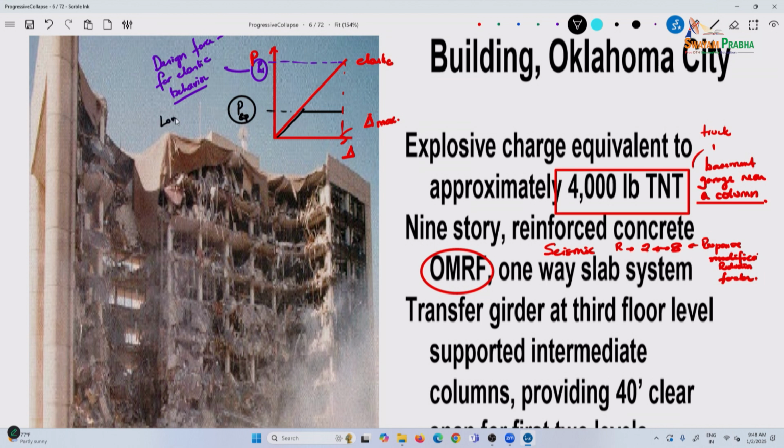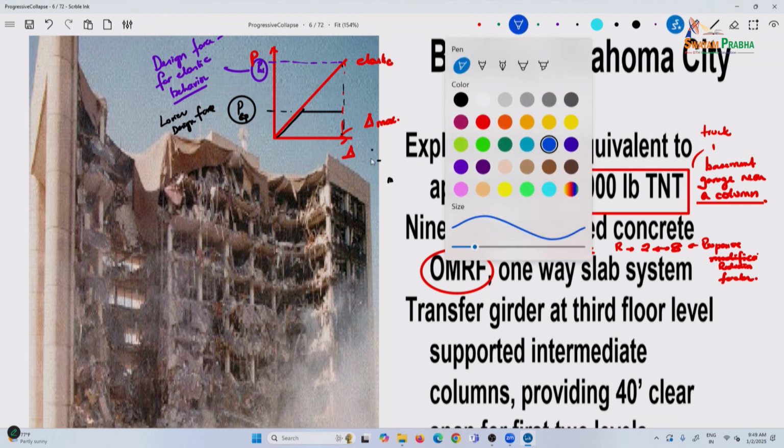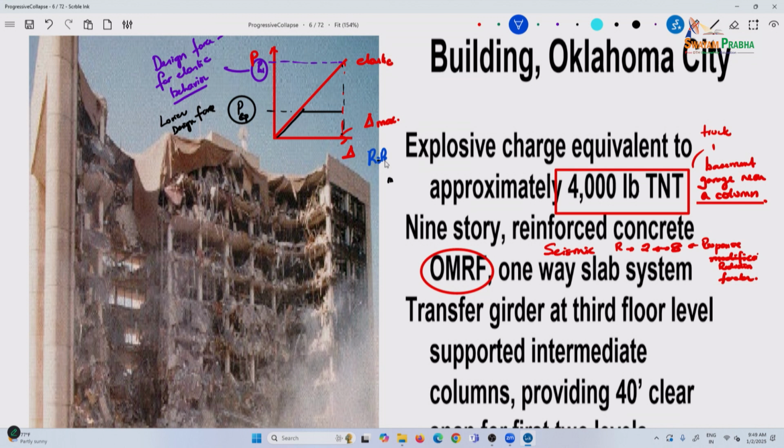So, this is a lower design force which is practical, but you are providing the same amount of ductility, and here the R is nothing but delta elastic divided by delta P elastic. So, R is your P elastic divided by P design. That is the concept out here,